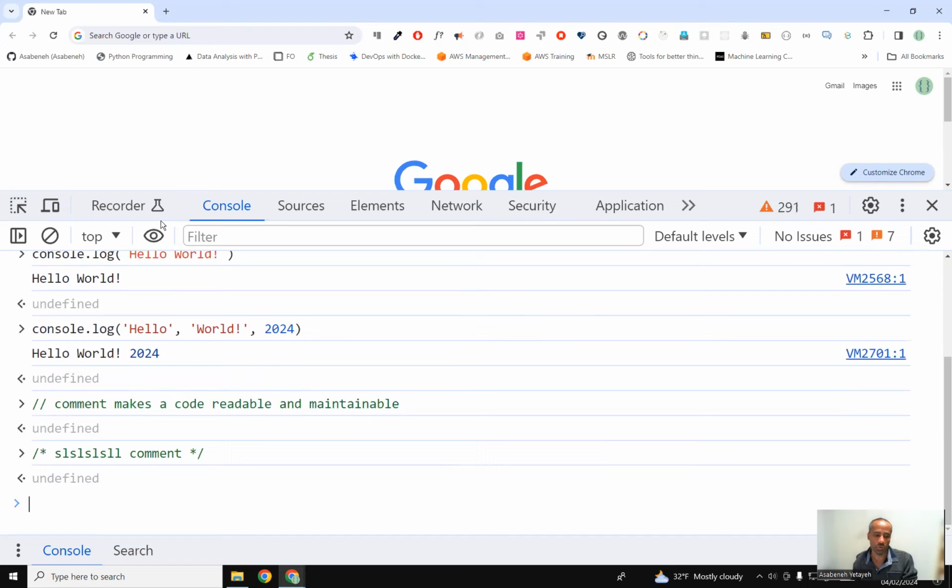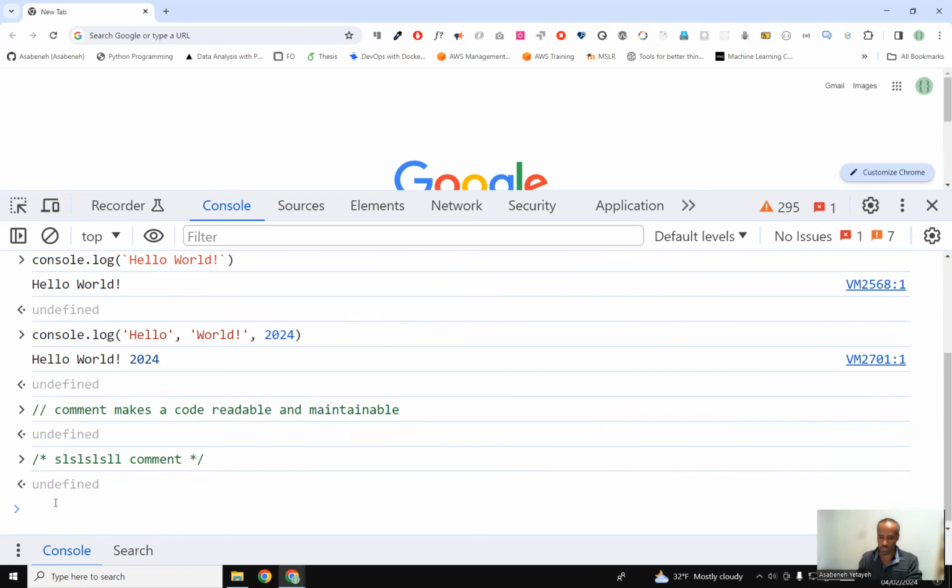So there are two ways of commenting in JavaScript: this way with two slashes, or slash followed by asterisk and then asterisk followed by the slash. Good. Now let's talk about